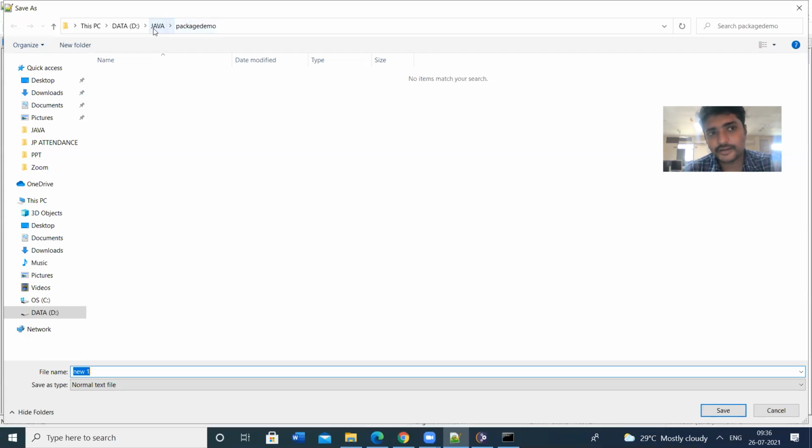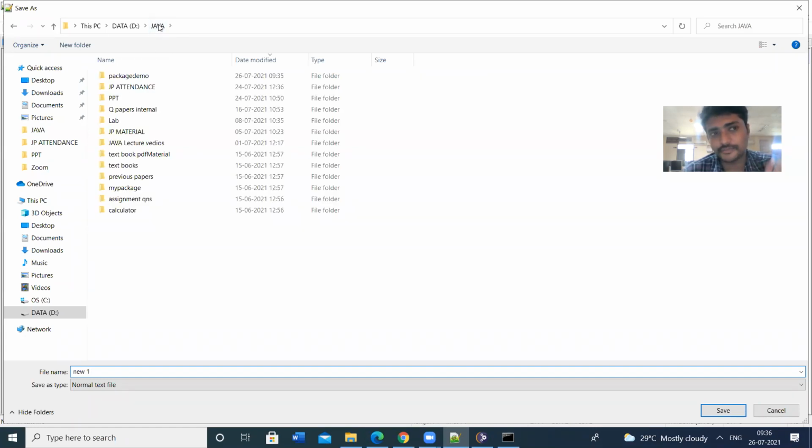Either package demo or the Java folder. In the Java folder, we can place anywhere. So package demo is only for the package. It consists of only classes, but we are going to create some application program. That means all the application programs are saved in the Java folder. So let us save the program here.